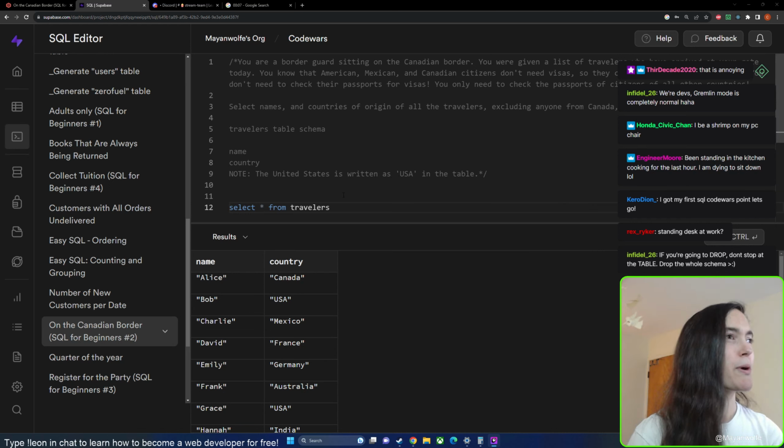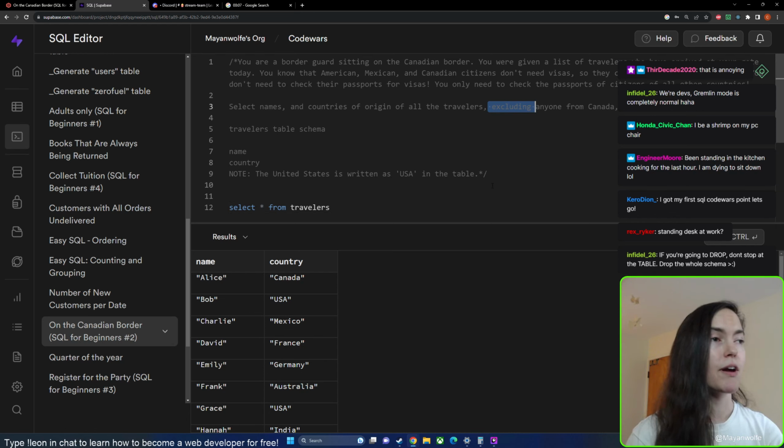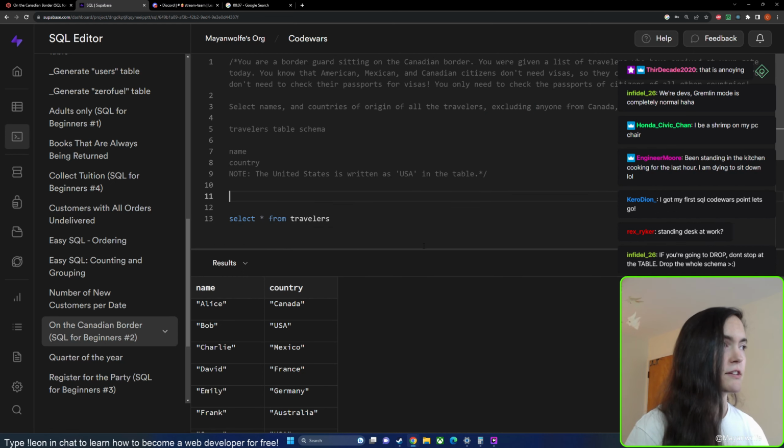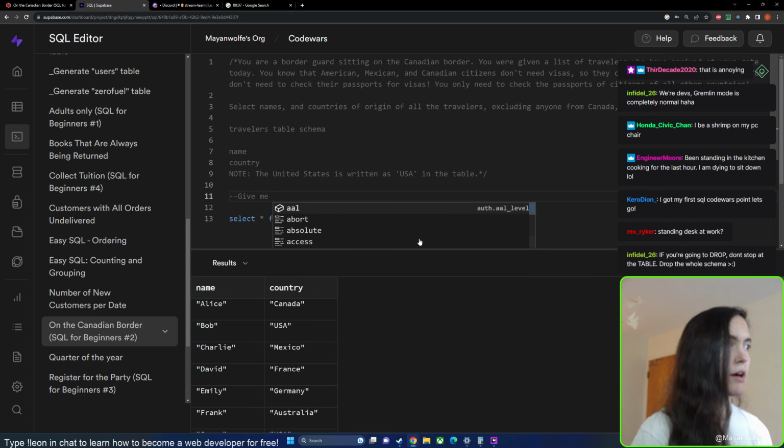All right, let's build our query. So, select names and countries of origin of all the travelers, excluding anyone from Canada, Mexico, or the US. Alrighty, let's do it. So we're going to write it out like an English sentence. So give me the name and country of all travelers who are not, I'm going to phrase this a little differently, whose country is not Canada,